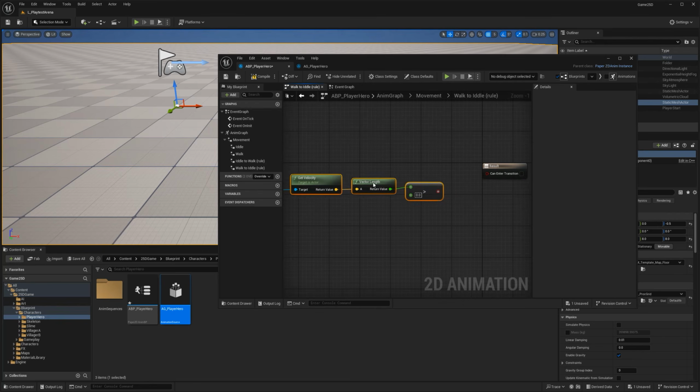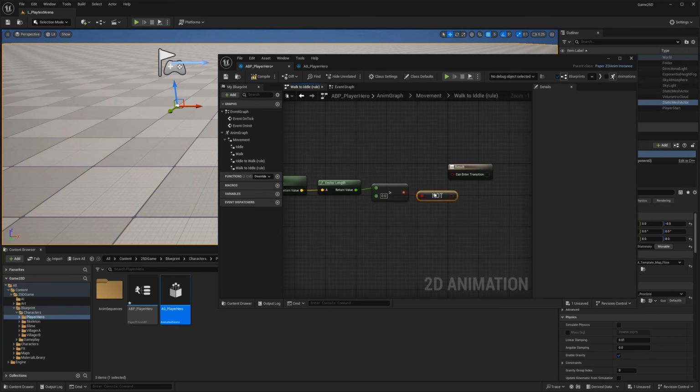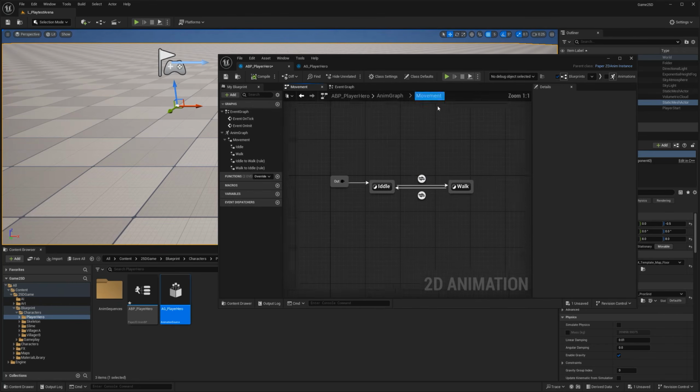Now I'm doing the opposite, right? Instead of going from idle to run, I'm doing the opposite. So if I just go here and say not Boolean, essentially resulting in not that, the opposite, and I connect here, now I have the run to idle. Let's go back really quick to the movement, and if you hover your mouse, you can actually see that logic being displayed there. Sweet. Save this.